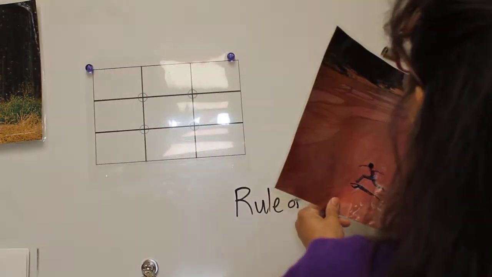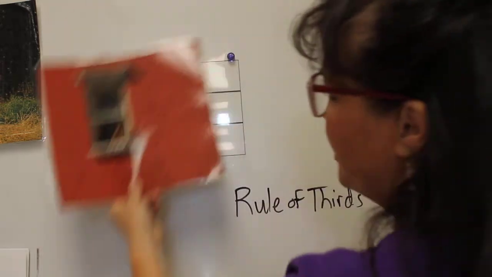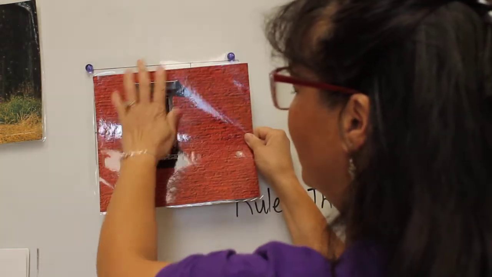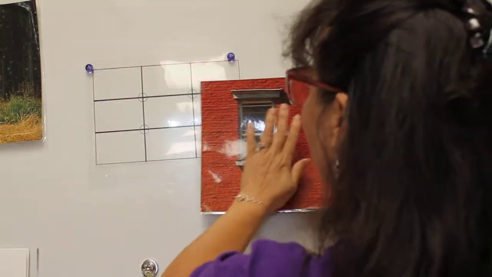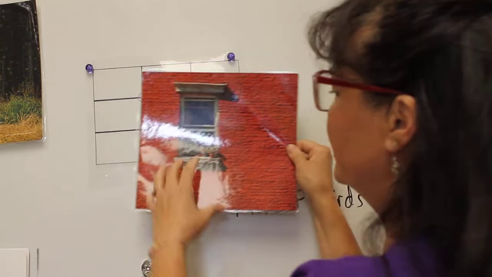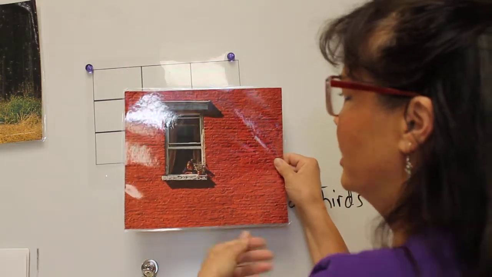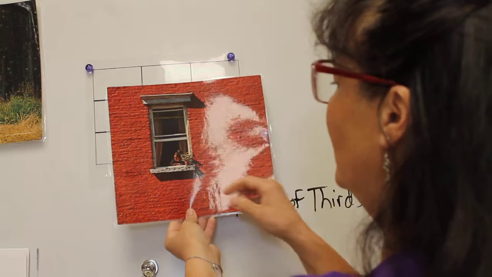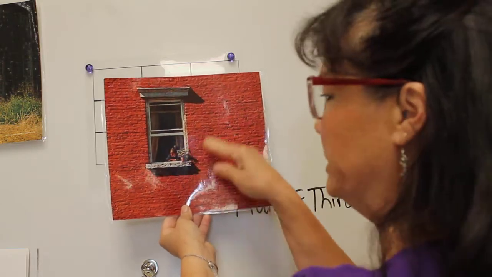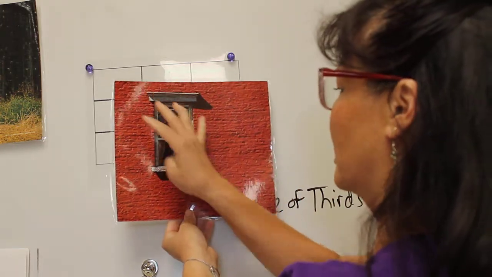And then we have another one. This one doesn't have a horizon, but you may notice that our main subject falls off center, more of an informal balance, yet more natural, okay? And we have our subject kind of centered, but you see that this kind of catches your eye, lots of